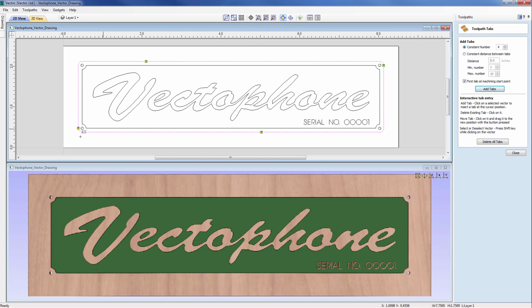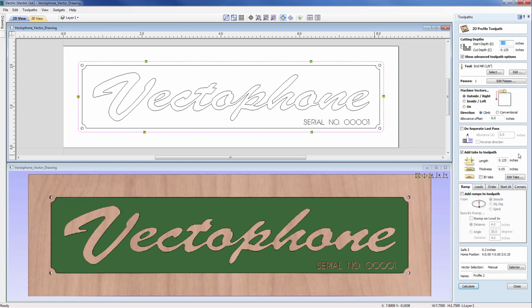So it's put those in those locations, but what I'm going to do is just manipulate them. I'm going to move these now and just simply hold the left mouse key down and then move them around. So I think I'm going to put 2 on the top here, and then I can actually click anywhere I want now to add extra ones. So I'm going to click 1 on the side there and 1 on the left hand edge too. So I'll put in 6 altogether now. Close out that form. Okay, so I specify my cutting depths, my tool that I want to machine outside. I've added some tabs, and now I can just come down and call this cutout,